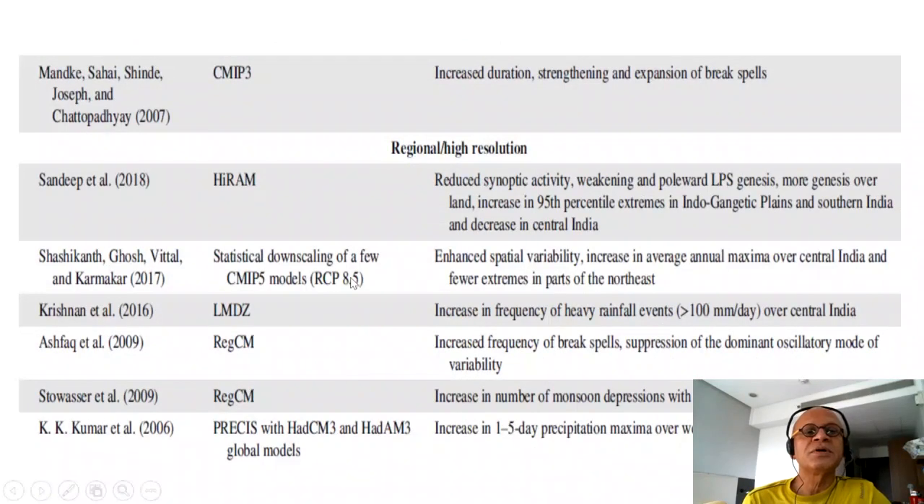This paper looked at an older set of models, CMIP3, to conclude increased duration, strengthening and expansion of break spells. So it didn't say much about active spells, but CMIP5 models are different, at least in terms of consistent changes